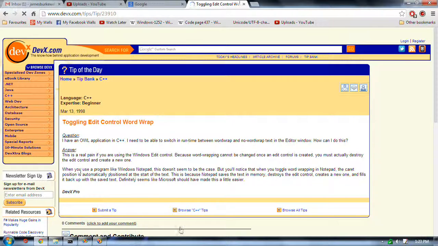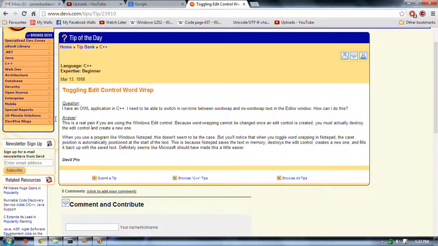Okay, here it is. The answer, I happened across this within less than 20 minutes. Okay, the answer is a real pain if you're using a Windows Edit control, because word wrapping cannot be changed once the control is created. You have to actually destroy the edit control and create a new one. You know, like, yeah, right, come on. And then it says, when you use a program like Notepad, it doesn't appear to be the case. However, well,